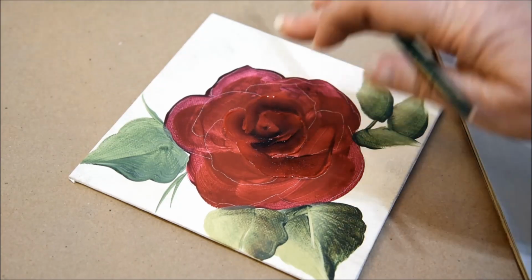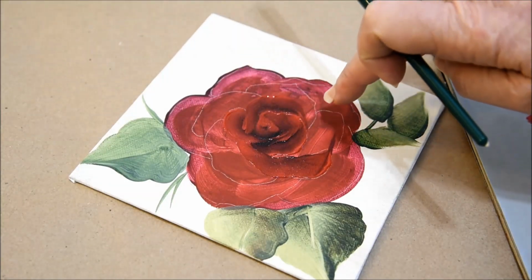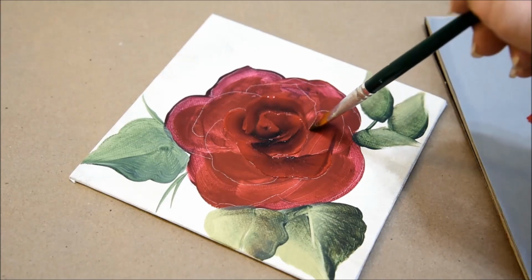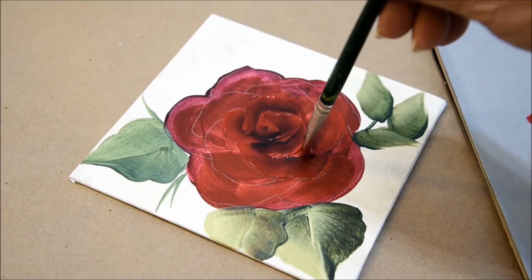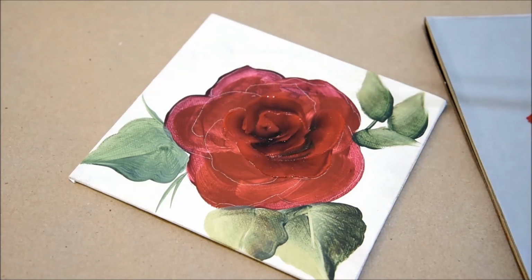And I'm trying to go in layers and see which layer would be next. See, this one's going over top of this one, and this one is actually going over top of this one. So I will go with this one next. I'm just laying my brush down, following the outside edge, and then twirling my brush and bringing it up to sink in there